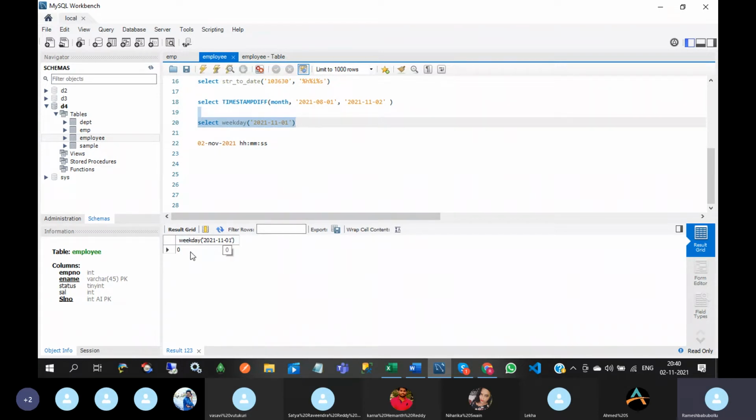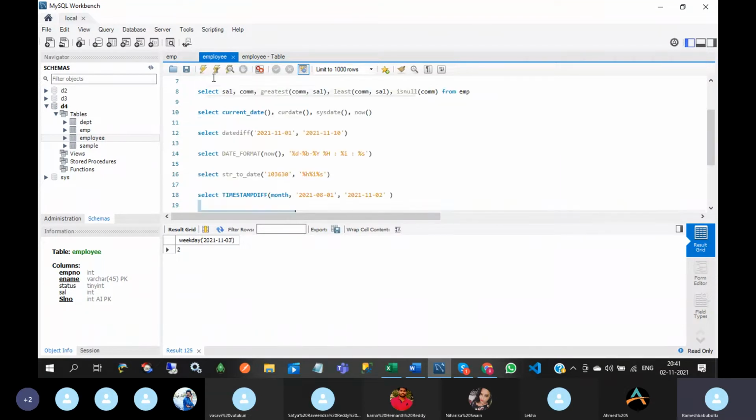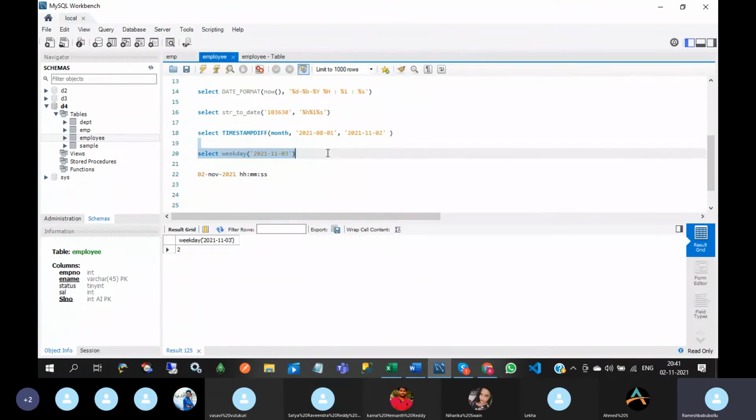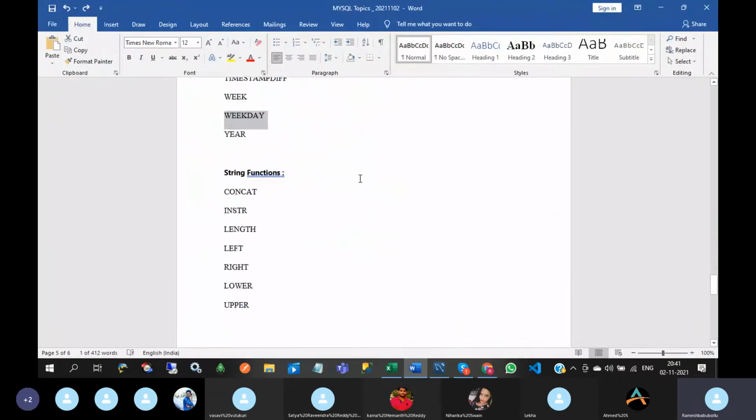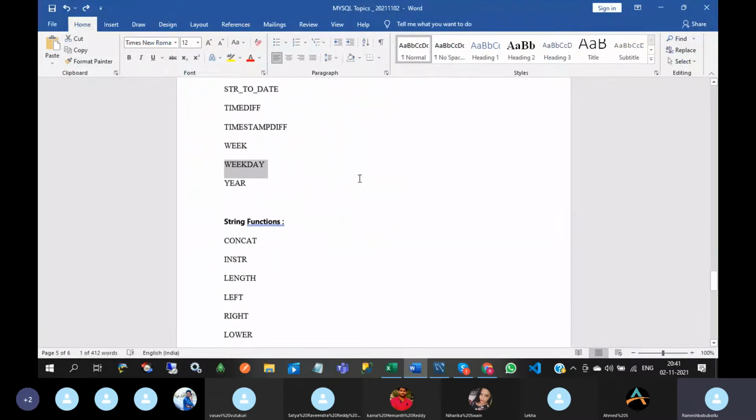It starts from 0. And in this week, Monday is 0. If you give second, that is 1. If you give third, this will be 2. Okay. So year, 2021. So this is about date functions.